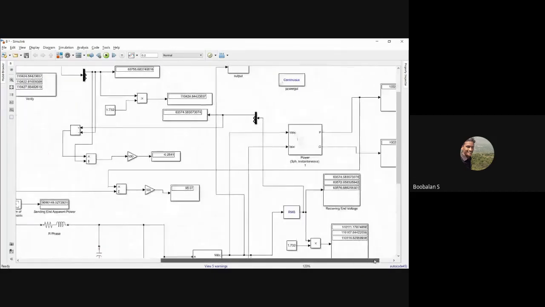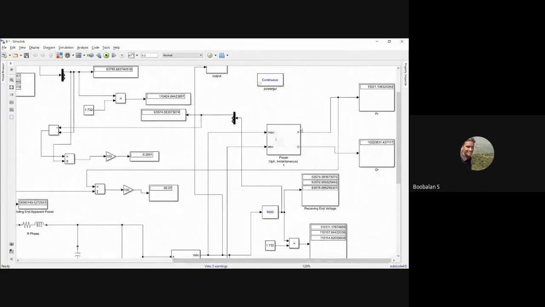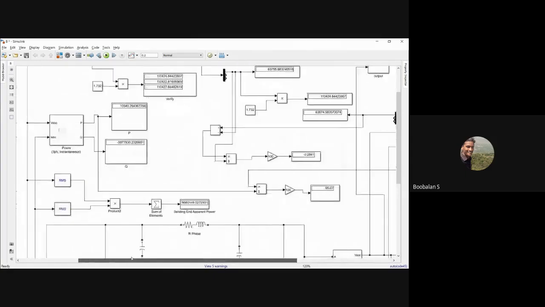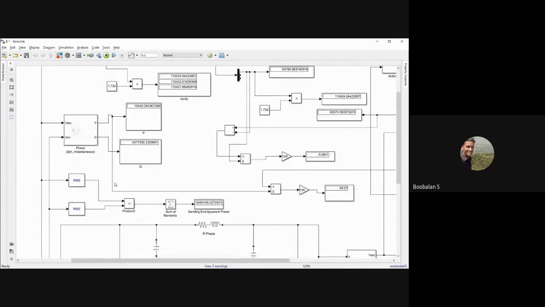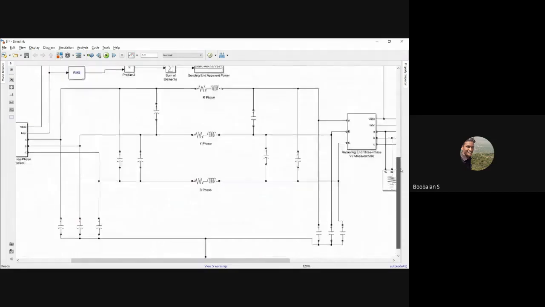So this is what my sending end power, that is called real power, right? Where actually we have a real power, and my receiving end real power divided by my sending end real power. I'm talking about real power alone, right? So this is my sending end, this is my receiving end, into 100. About 95% is now coming. So these are the transmission line parameters you could calculate, right? From this simulation network.